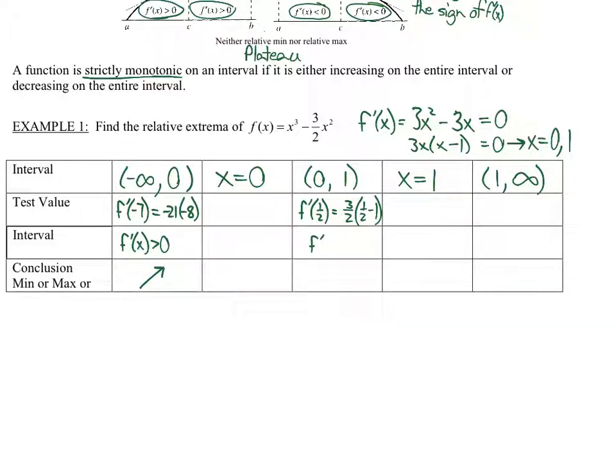So f prime in this interval, f prime of x, is going to be less than 0. It's going to be negative. So what's my function doing? Decreasing. So what do I have at x equals 0? Relative max. It's a relative max